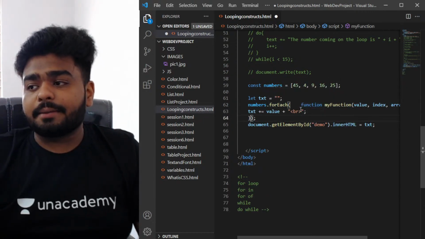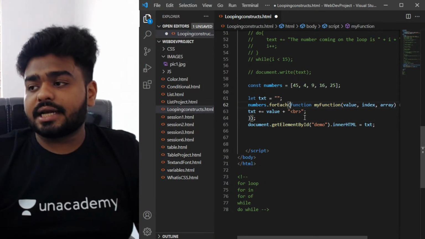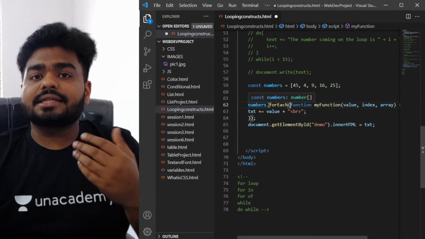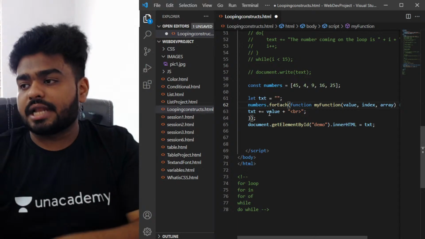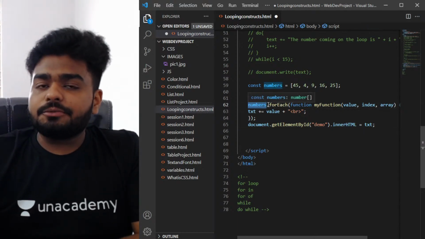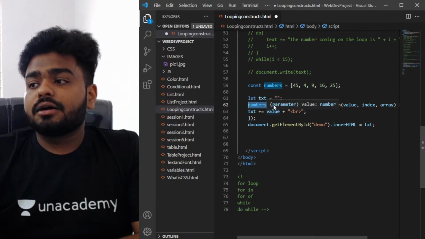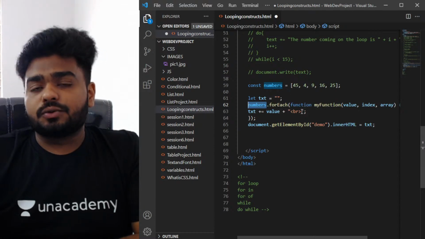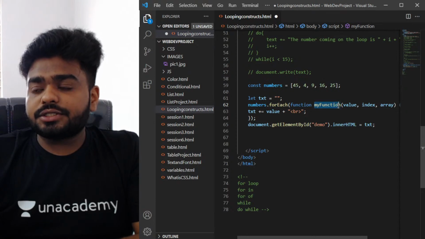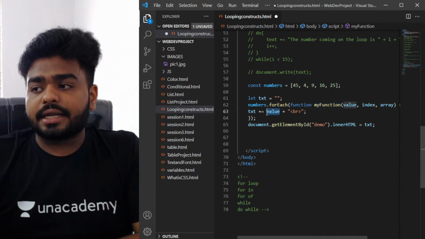I know it looks very abrupt, it doesn't sound good and it doesn't look good, but understand that this is how it is. Now what is the meaning of that? Let's understand in a normal Hindi language or English language. So हमारे पास numbers का एक array है, I want कि from these numbers, for each of the value of these numbers, my function should run, and inside that whatever value I'm getting, ये value यहाँ